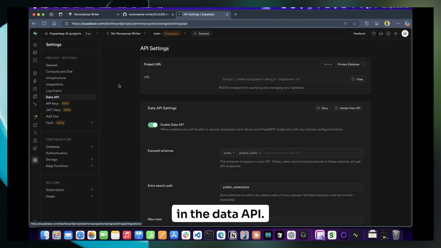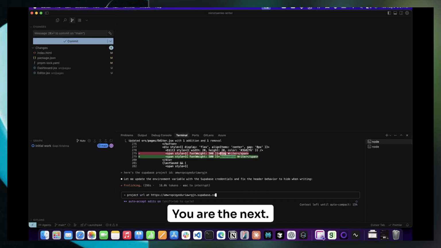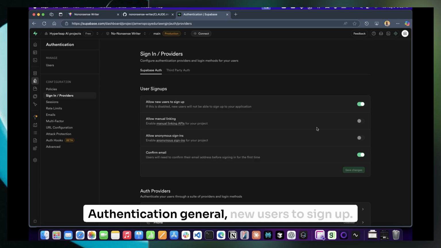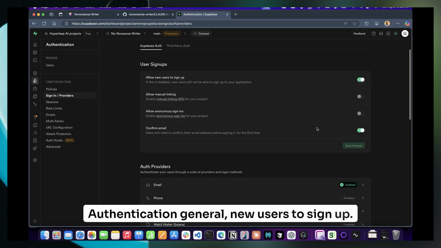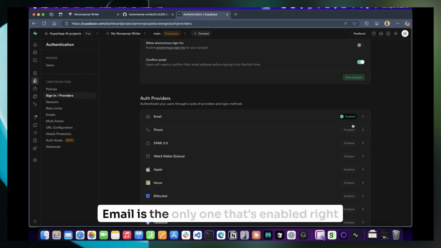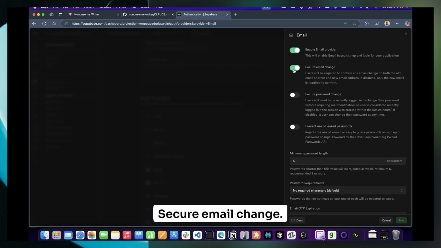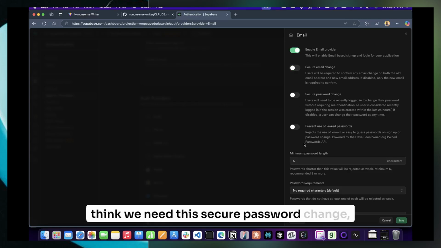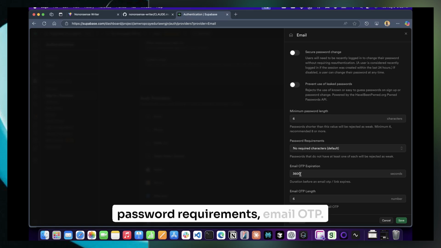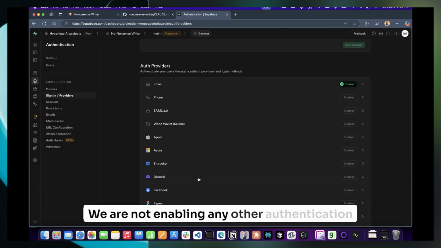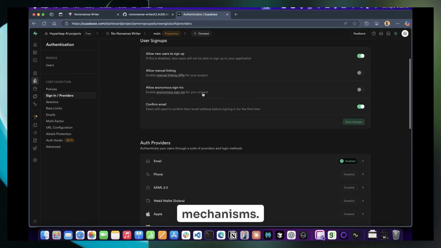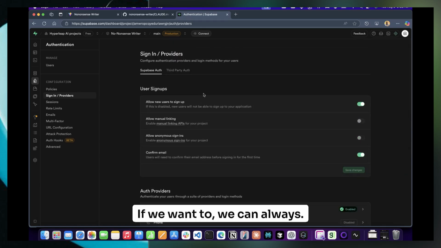Then the data API. Check the URL. At authentication, general, allow new users to sign up. Confirm email. Email is the only one that's enabled right now. Secure email change, I think we need this. Secure password change, password requirements, email OTP. Okay, done. We are not enabling any other authentication mechanisms. If we want to, we can always